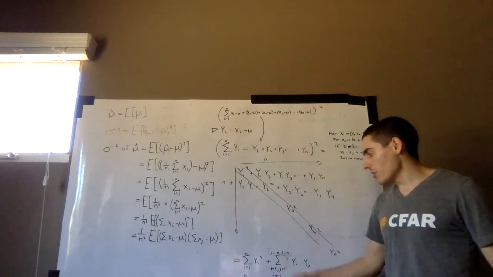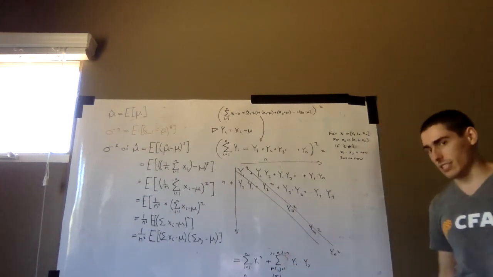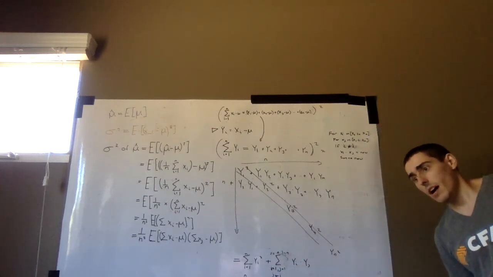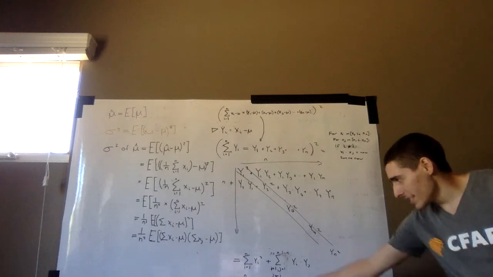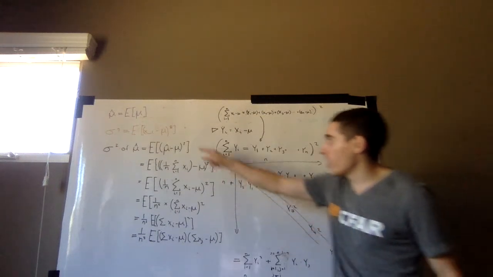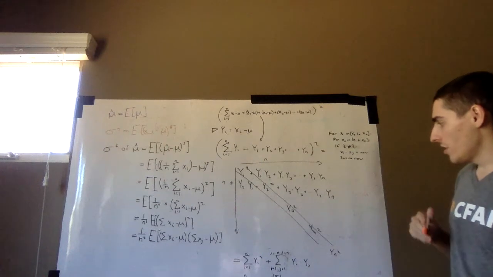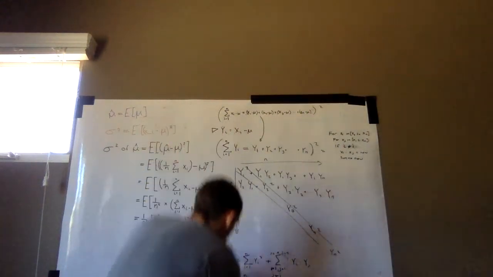So the value of this is actually different than 0. In fact, this is just, again, our definition of variance. So we can substitute